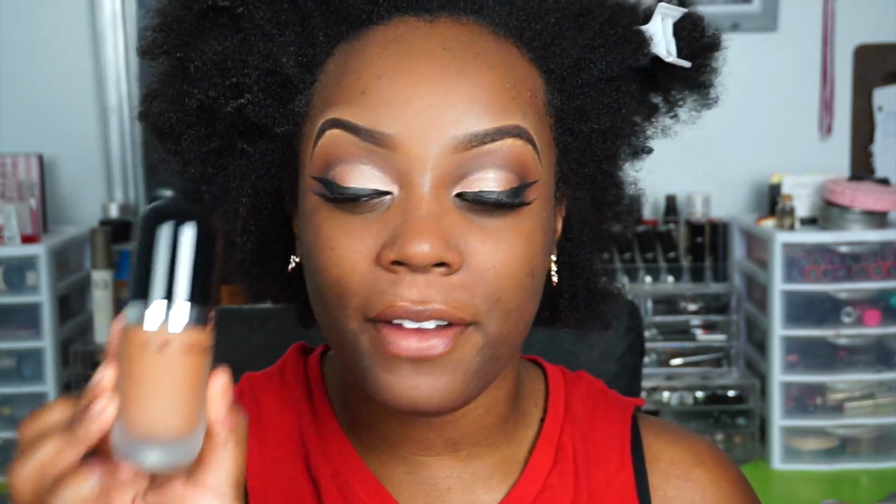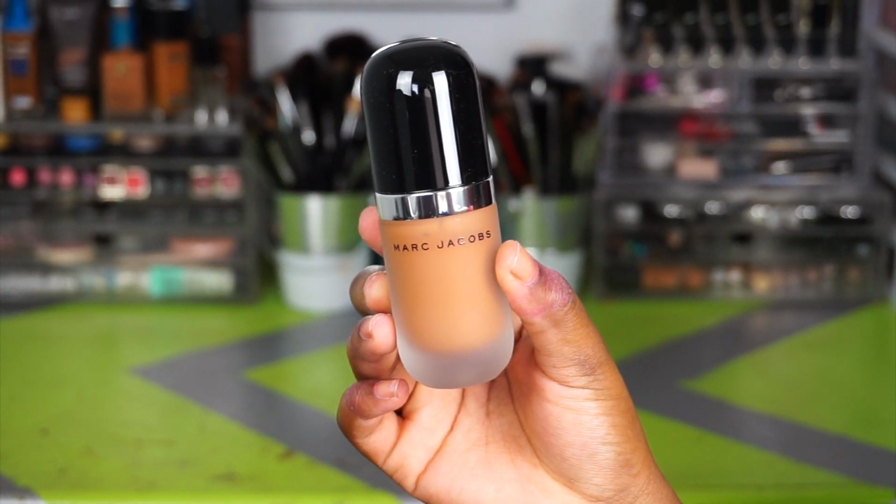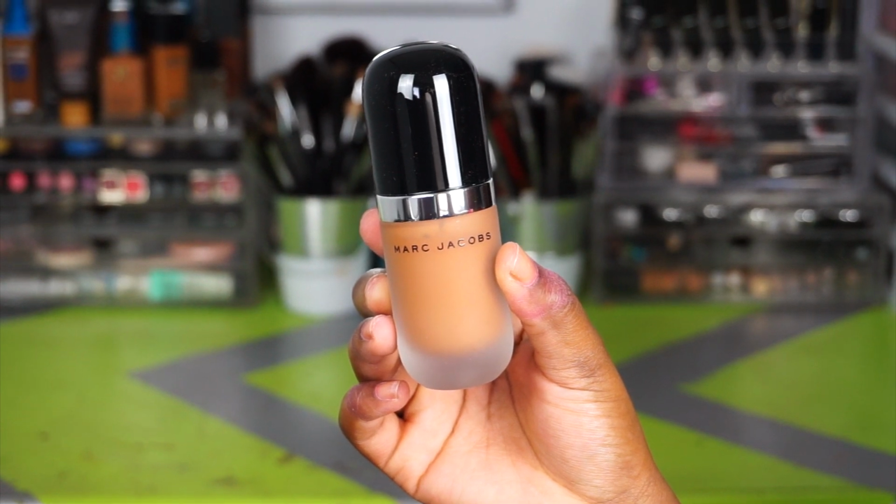So then I'm gonna go in with foundation, and this is part of the first impressions video. This is the Marc Jacobs, what is this called? The Remarkable Full Coverage Foundation Concentrate. And I have never paid so much for a foundation. You guys know I'm broke. This foundation was $56. I've never paid that much for a foundation, but I literally wanted to review it and